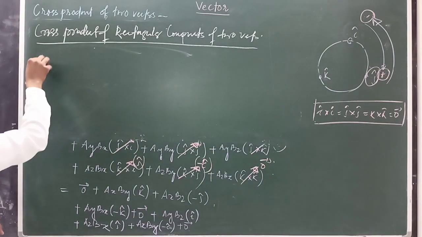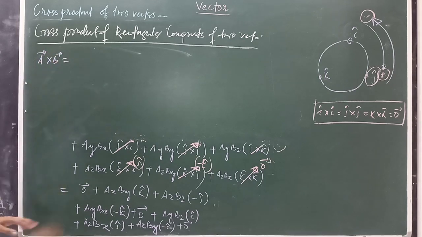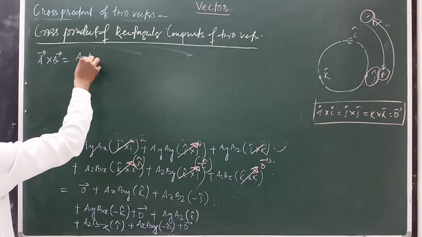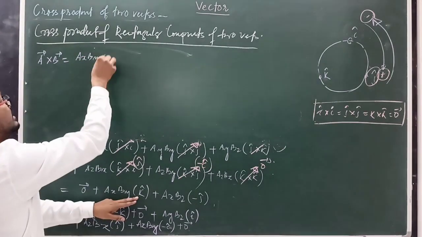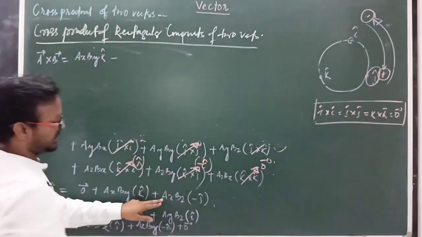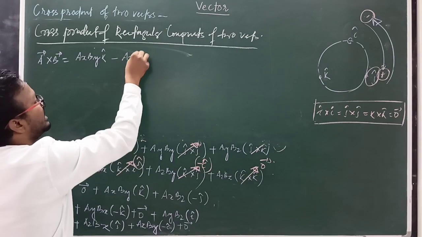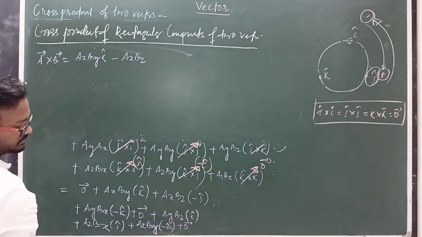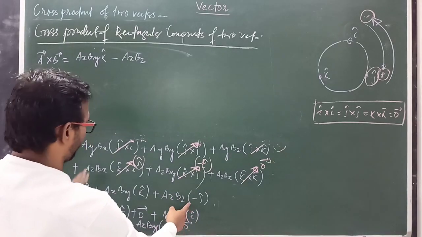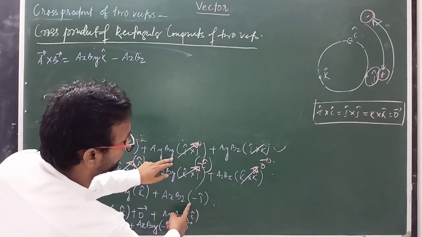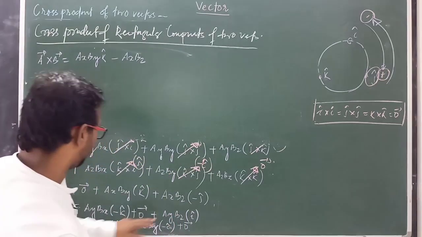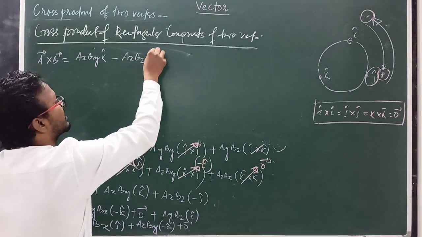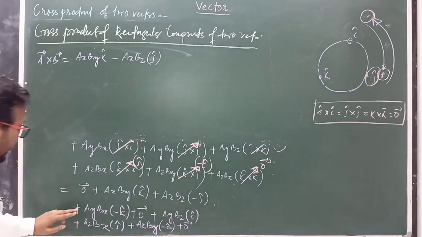That is a cross b. So here a cross b vector equal to here ax by k cap. So ax by here k cap, minus ax bz minus j cap. This is first line, so this is second. Okay, minus j cap is here, j cap. Clear? Then come to second line,